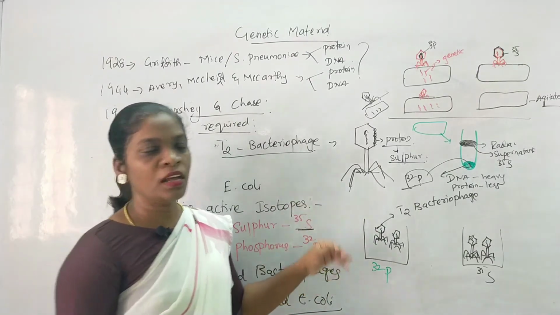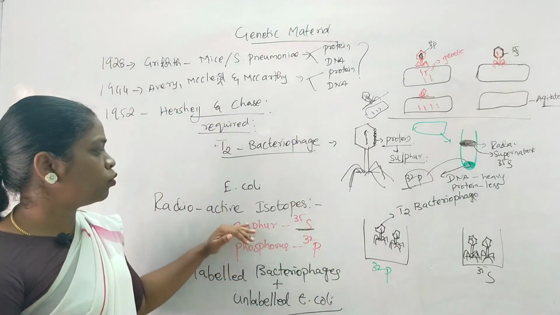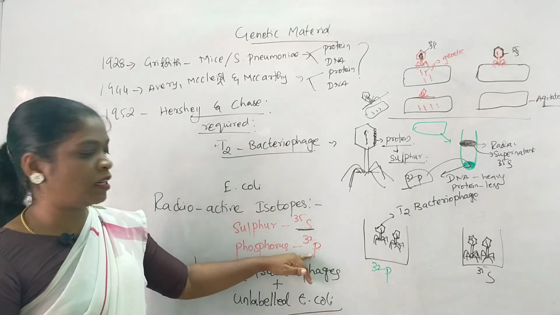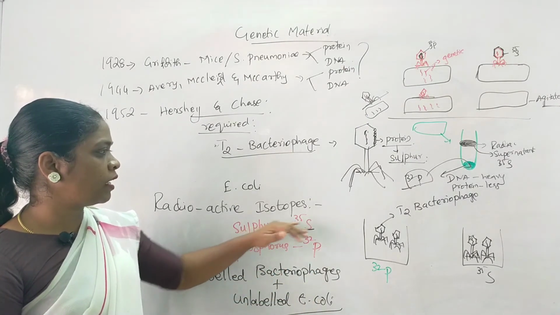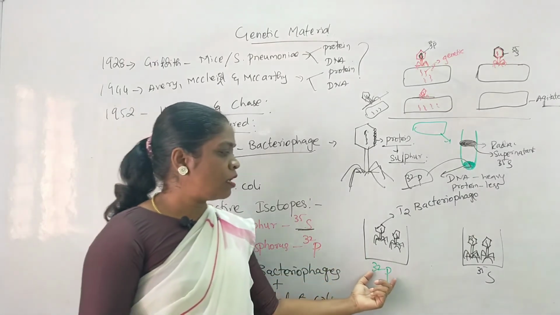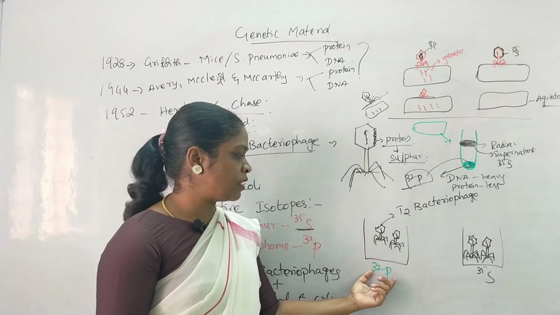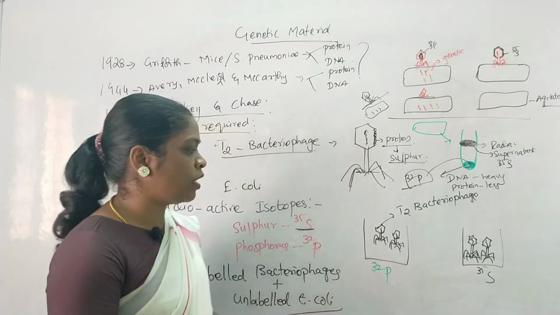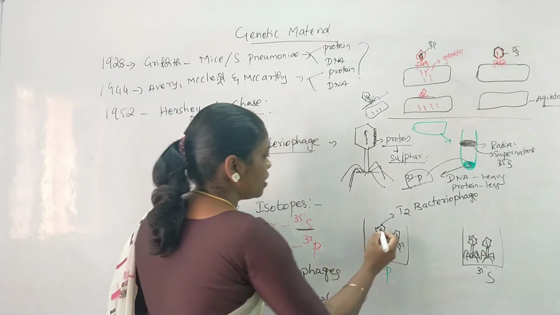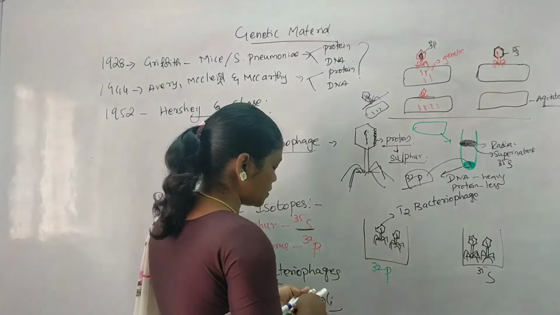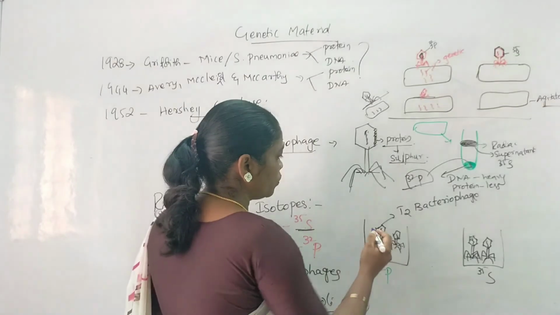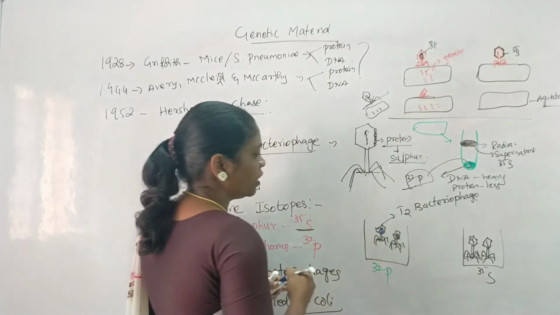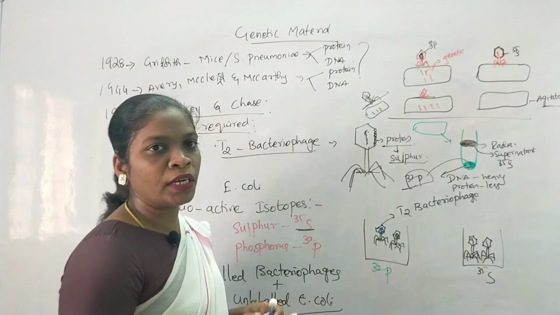I will just summarize it again. So what they have done, they have taken two types of radioactive substances, one is sulfur 35, another one is phosphorus 32. They made this T2 bacteriophage grow in separate media, which contain phosphorus 32 separately and sulfur 35 separately. If they have been grown here, eventually phosphorus enters the DNA. So DNA eventually absorbs this phosphorus and the DNA is going to produce the radioactivity of the phosphorus.